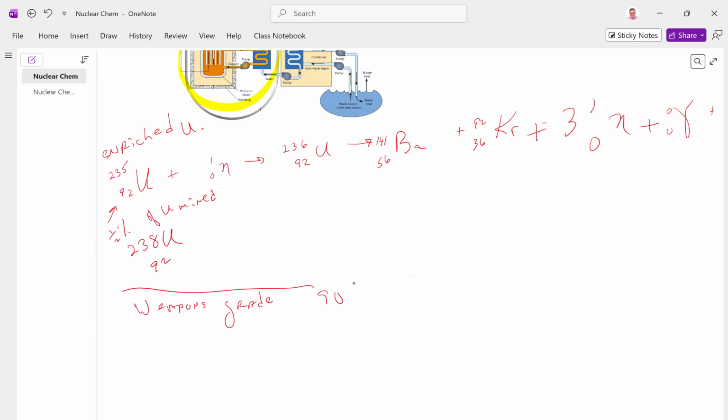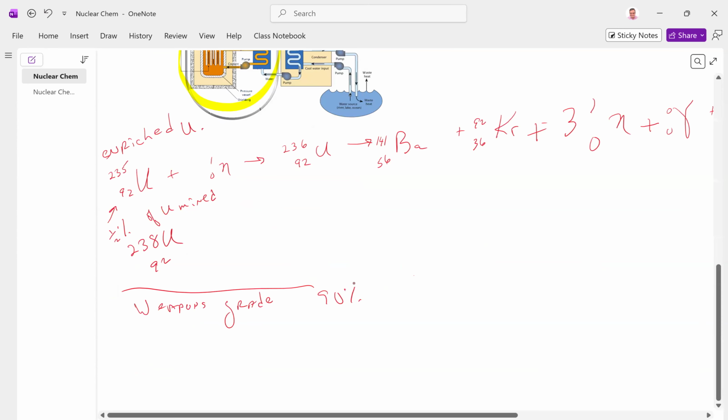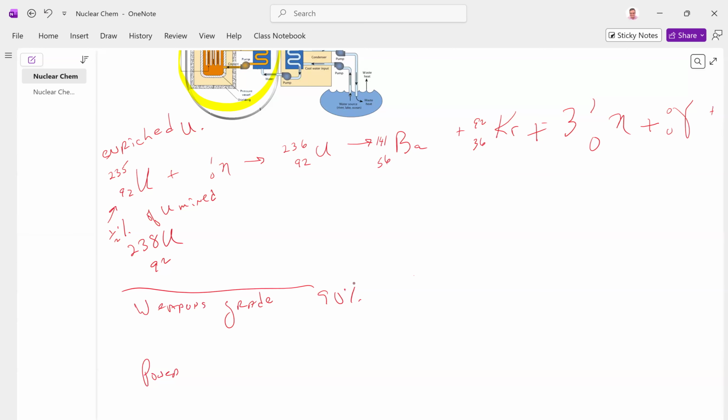That's like 90%-ish. It varies a lot depending on what kind of weapon you're making. There is power plant grade, which is like 20%. And it varies a lot depending on what kind of power plant it is. Okay. These differences